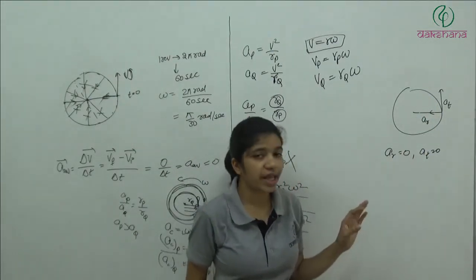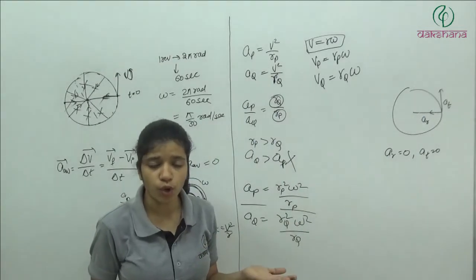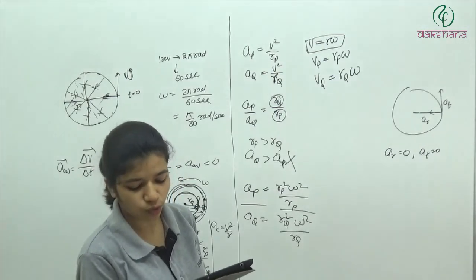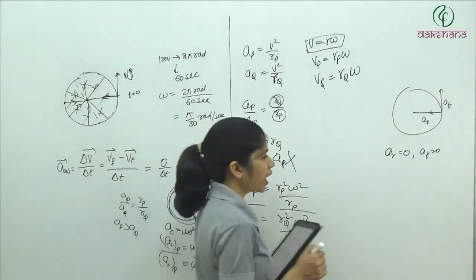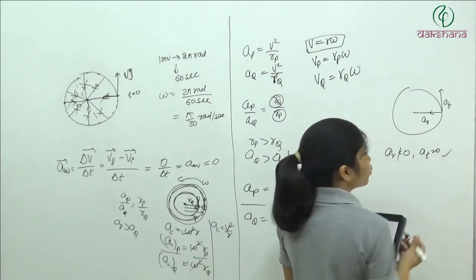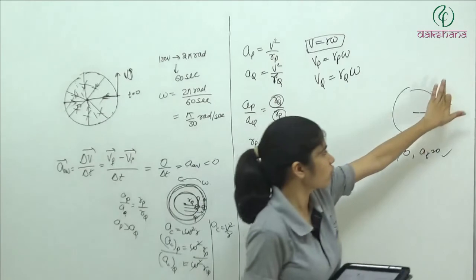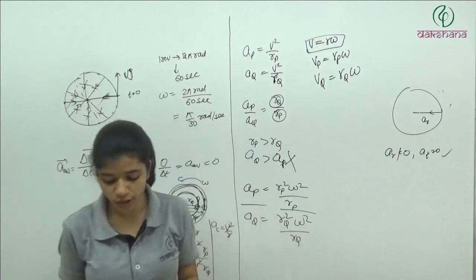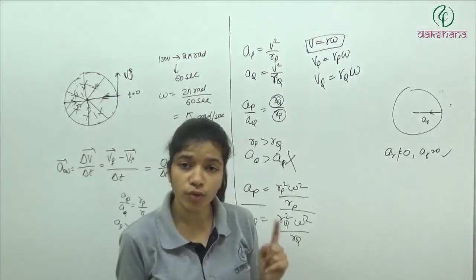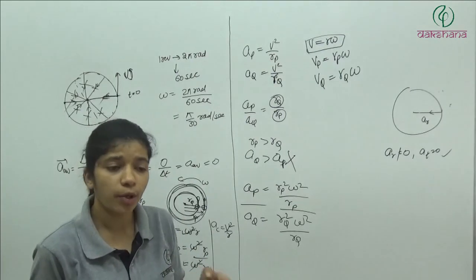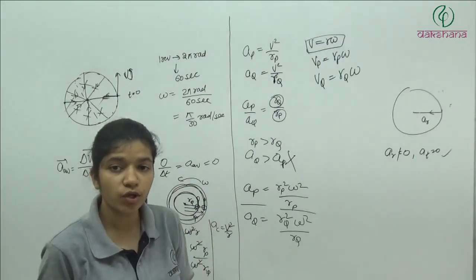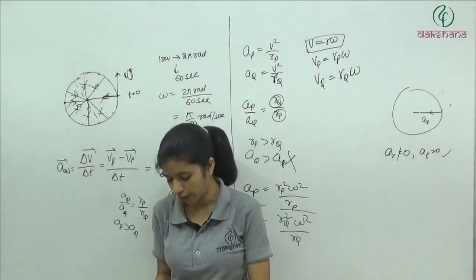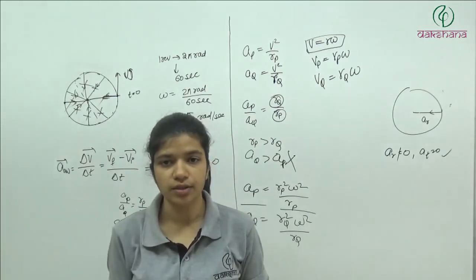So first thing is, whichever option has AR as 0, those options are out. Now third is AR is not equal to 0 and AT is equal to 0. Yes, if AR is not 0 and AT is 0, then also there will be circular motion. If AT is not there, AT is 0, but AR is there, this particle will move in a uniform circular motion. Clear? So for uniform circular motion AT must be 0, but for just circular motion AR must be non-zero and AT depends. If it has to be 0, let it be 0; if not, no problem. So option 3 is the correct answer.